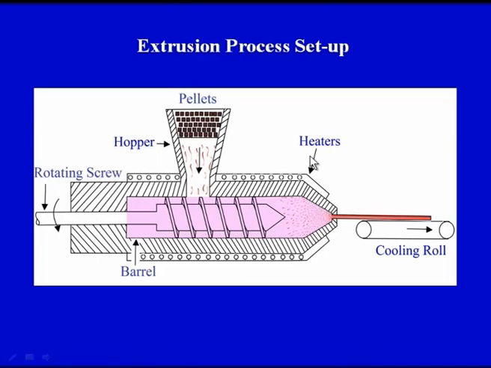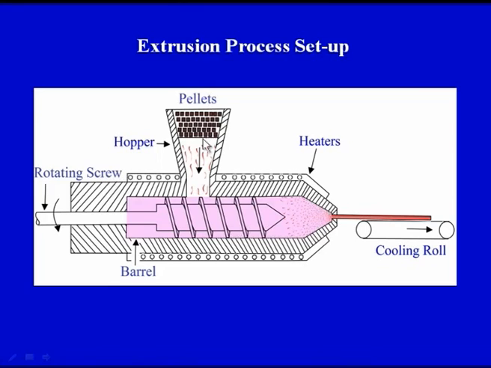We have the heating arrangement, we have the barrel, a rotating screw, and these are the cooling rolls which are used to cool the final product. The final product is the red portion on your screen. It is coming out continuously. This is the die opening, from where the molten plastic is coming out and taking the shape depending upon the cross section of the die opening, and this is the hopper. These small particles, or we can say raw materials, are in the form of pellets.